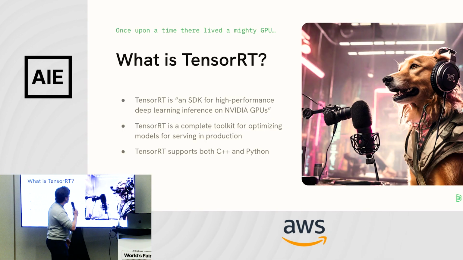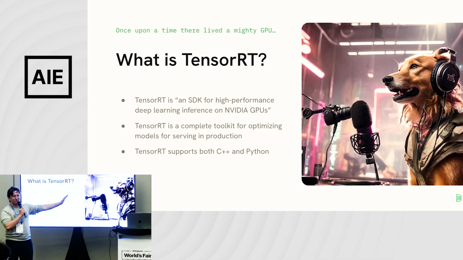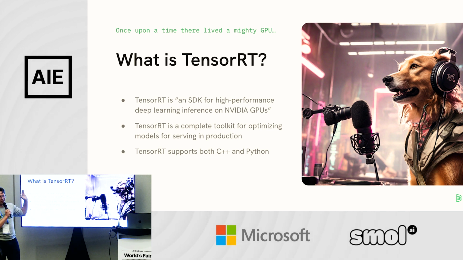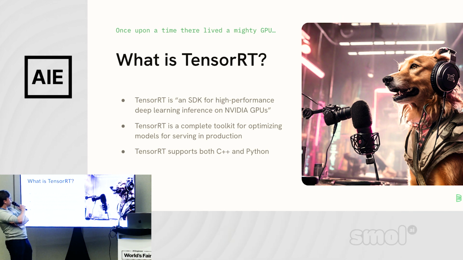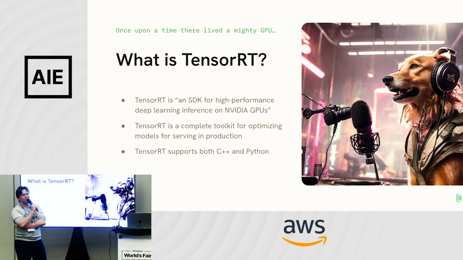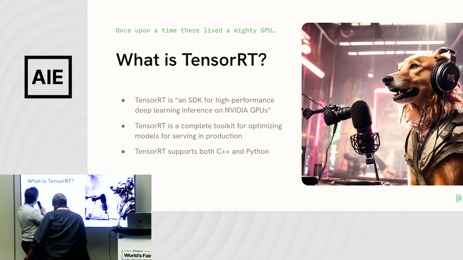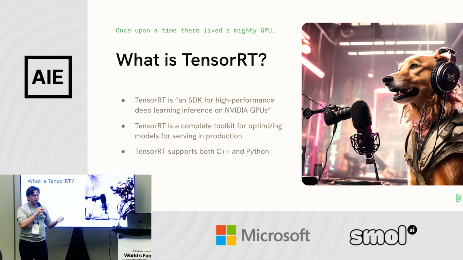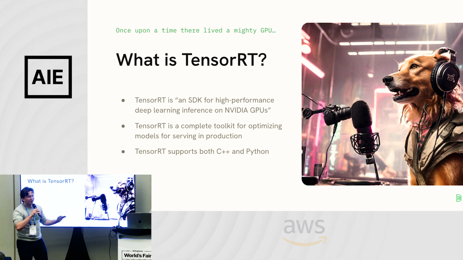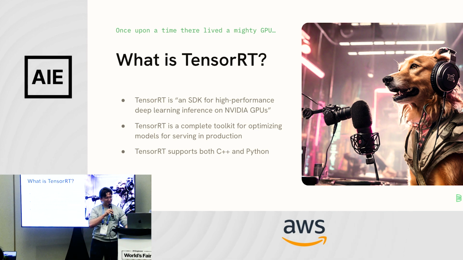So what is TensorRT? Here's one of my Playground 2 images. Very proud of these. If the words on the slides are dumb, just look at the images, because I worked hard on those. Anyway, TensorRT is an SDK for high performance deep learning inference on NVIDIA GPUs. Basically, it's a great set of tools for building high performance models. It's a toolkit that supports both C++ and Python. Our interface today is going to be entirely Python, so if, like me, you skipped the class that teaches C++, don't worry, you're covered. I know Pankaj reads C++ textbooks for fun, but I do not, so we're going to do it in Python today.